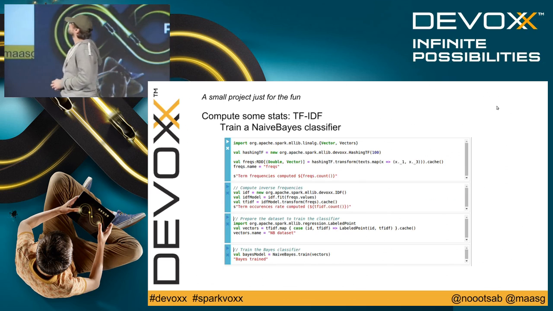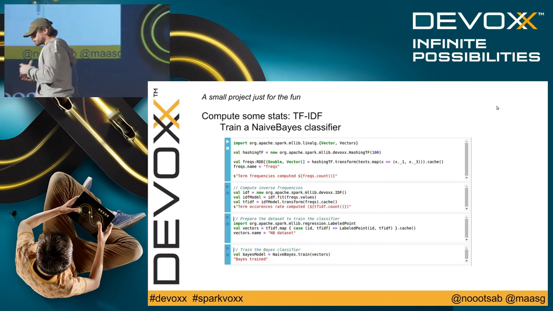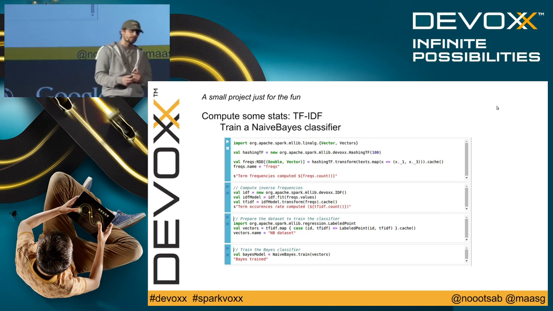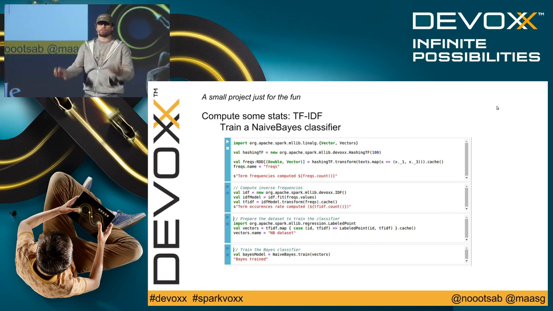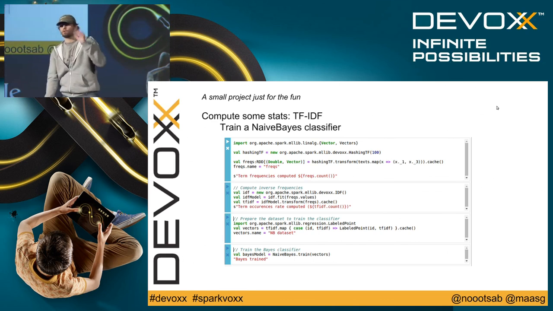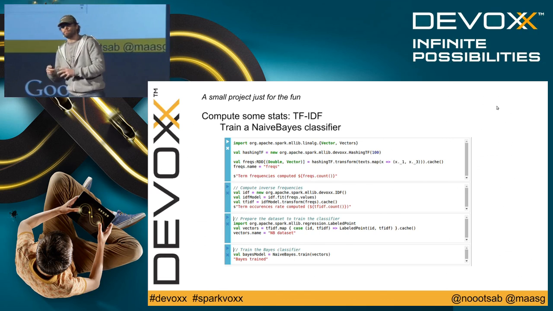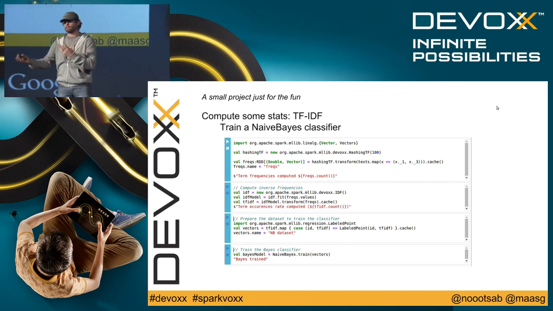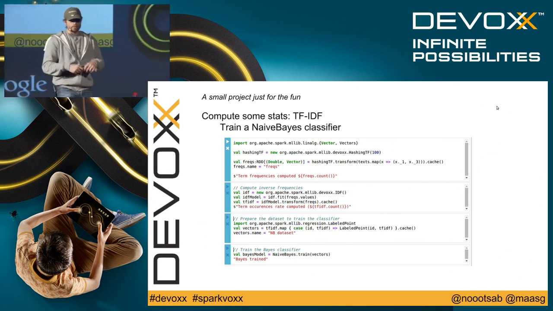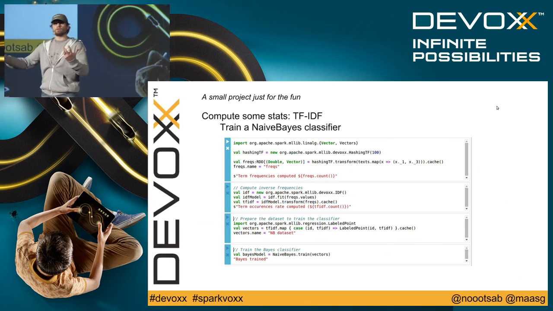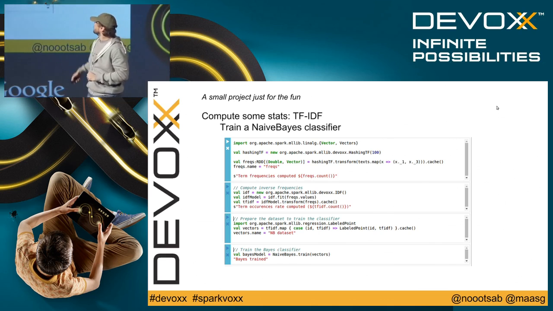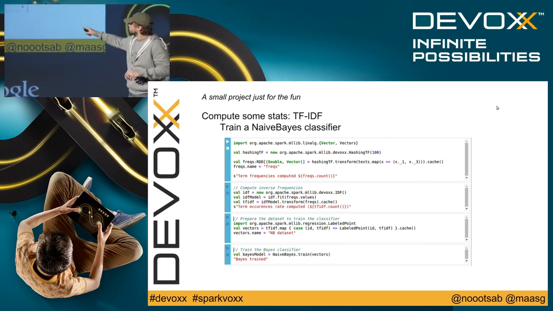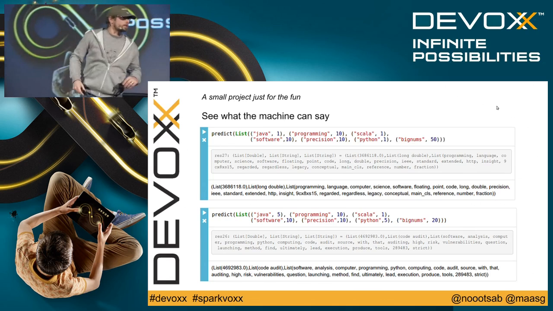So next one. What I've done with this data afterwards, I computed some TF-IDF, which stands for term frequency inverse document frequency. So it computes the importance of a term in the document across all documents. And thanks to these statistics, I can use a naive Bayes classifier, which is taking the probabilities and the likelihood in order to predict which document is the most related to a text. So using these lines, I was able to pass to the model that you see at the end.